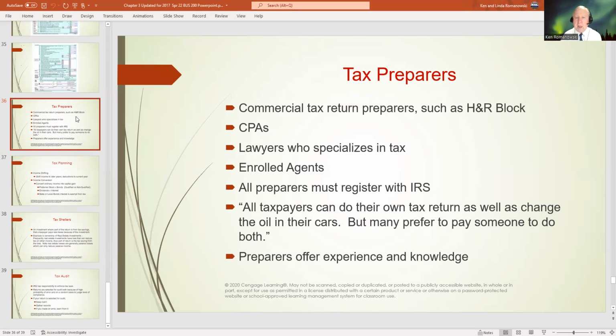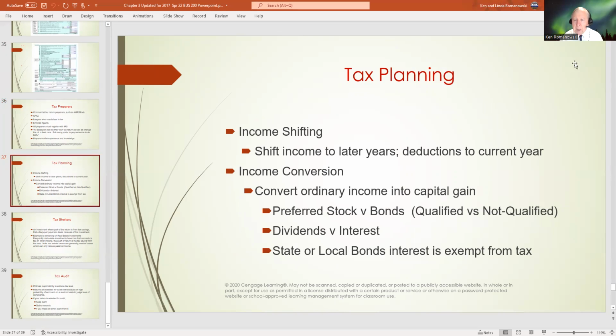Okay, so it all comes down to how complicated your tax return is. A tax preparer is going to provide you with experience and knowledge. So sometimes it is worth it to have them do all that for you. They're also saving time for you, and the idea is to also save you money. So when you are doing financial planning, as we'll talk more about as we get into investments and things like that,